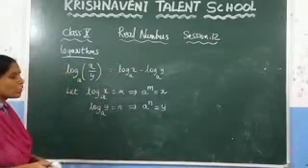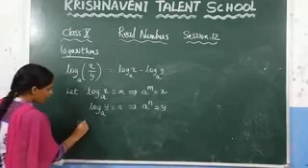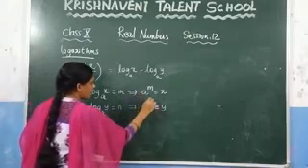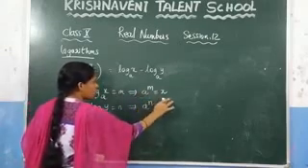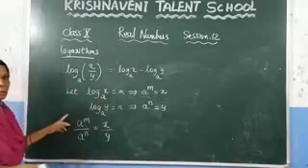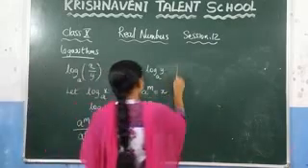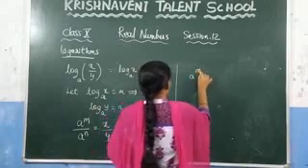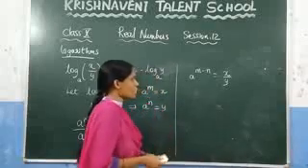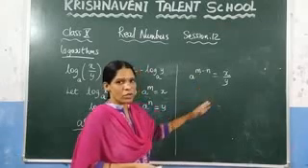Now what we need to do? We need to divide these two values. So here you will get a power m by a power n is equal to x by y. You know that a power m by a power n is nothing but a power m minus n. So what you get here is a power m minus n is equal to x by y. So it is in the form of a power x is equal to n. Now we can convert this exponential form into the logarithm form.